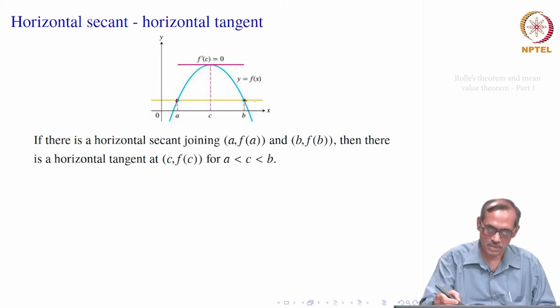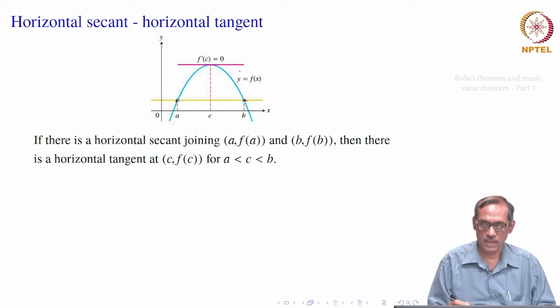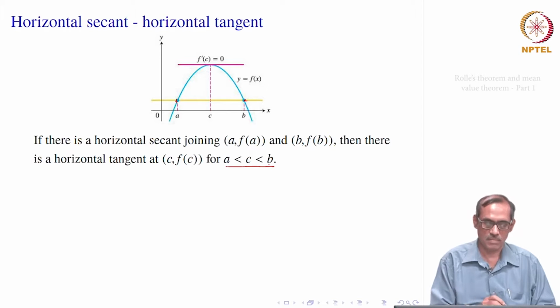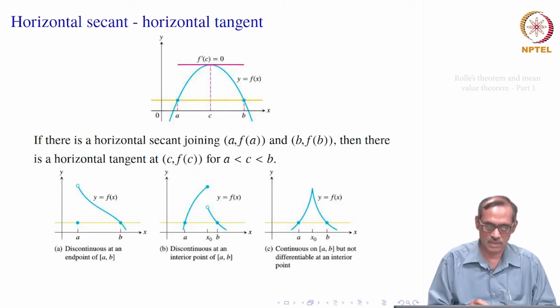Then what we see, we just hold that line and proceed upward. So, at some point it will just touch the curve. So, there is a horizontal tangent somewhere. That is what we say, there exists one point C between A and B such that the tangent is horizontal. So, f prime of C must be equal to 0, its slope is 0. That is exactly Rolle's theorem, but we will see how to proceed about it.